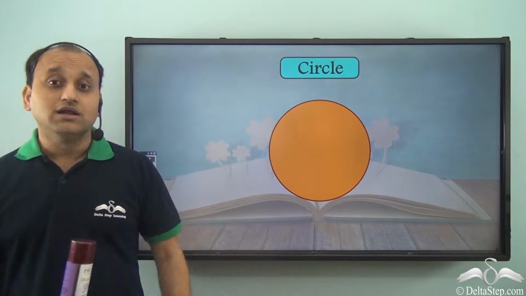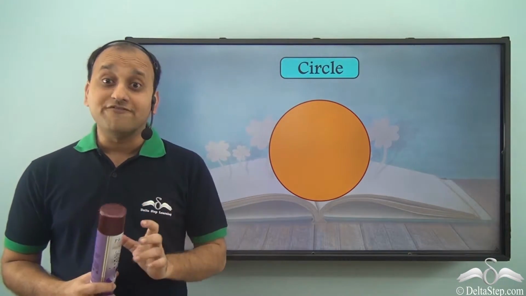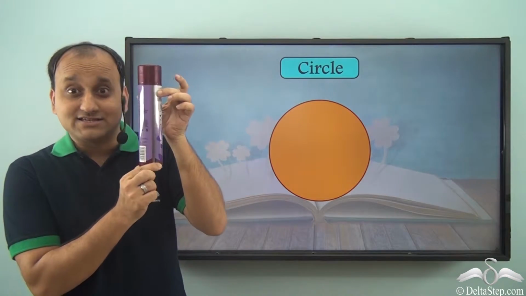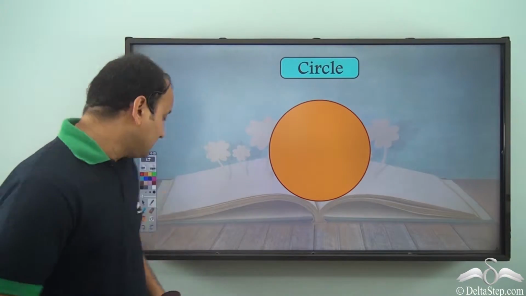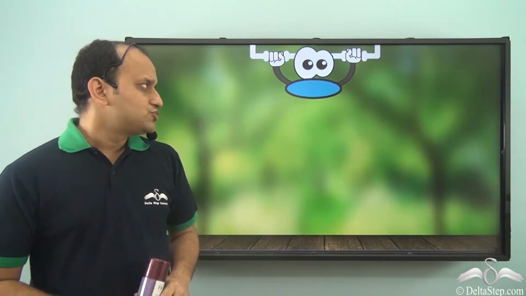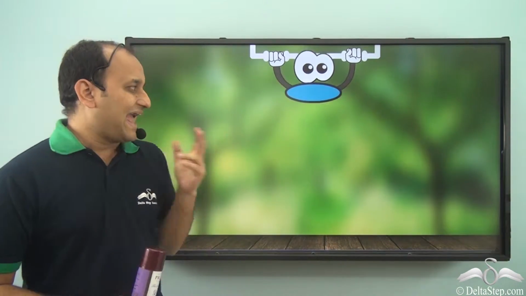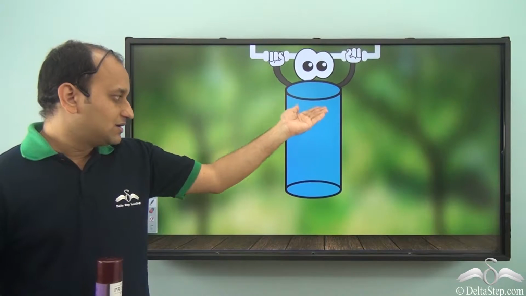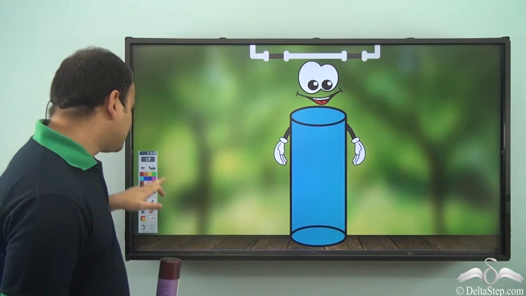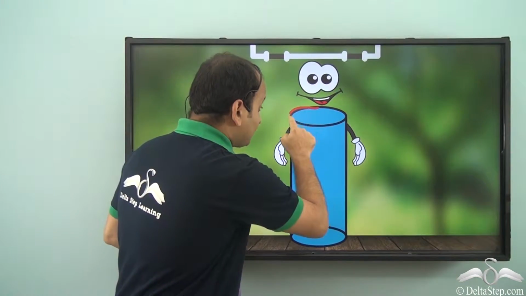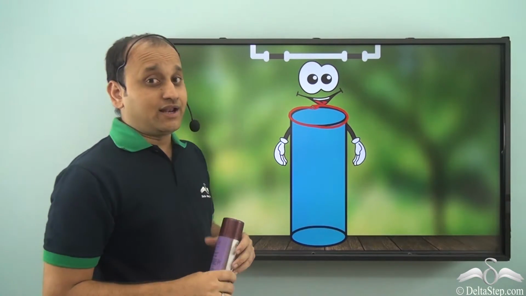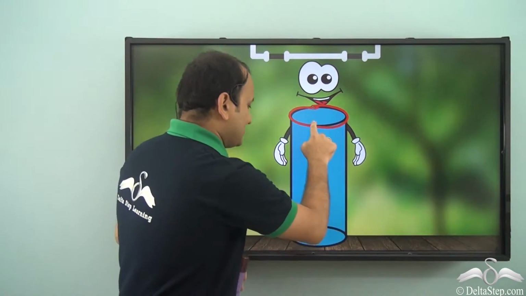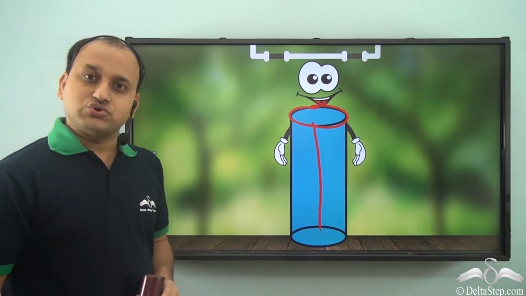So what exactly is it? Well, circle wanted to gain lot of height. It wanted to become tall like this. So what did it do? Well, circle started doing pull-ups. So circle worked very hard. And what exactly happened because of that? Well, circle started becoming taller and taller. So we got a new shape. Well, circle was just a flat shape until now, but now it stretched to become so tall.